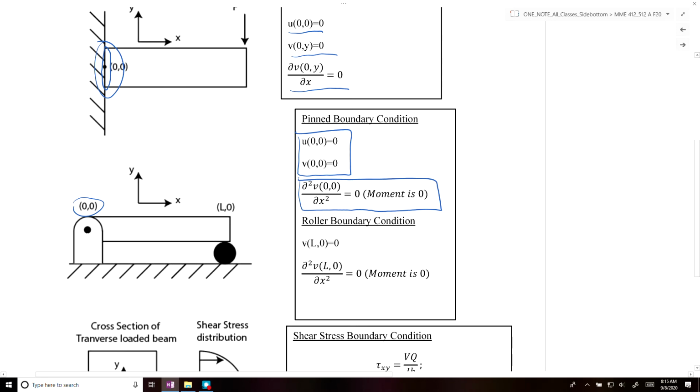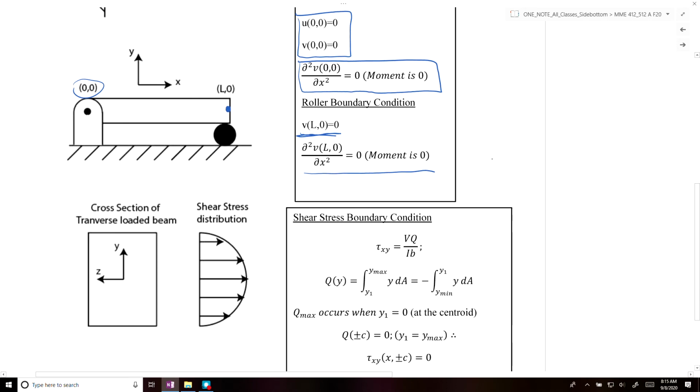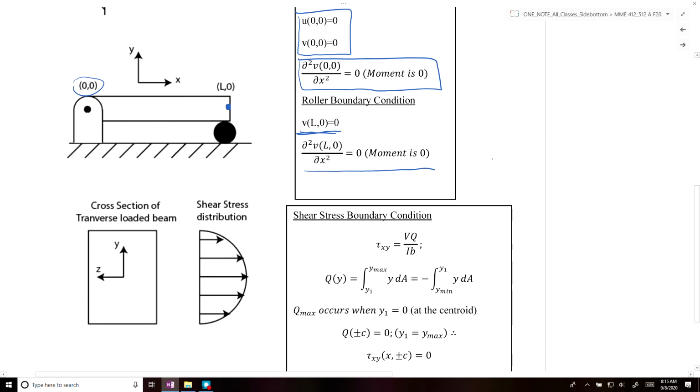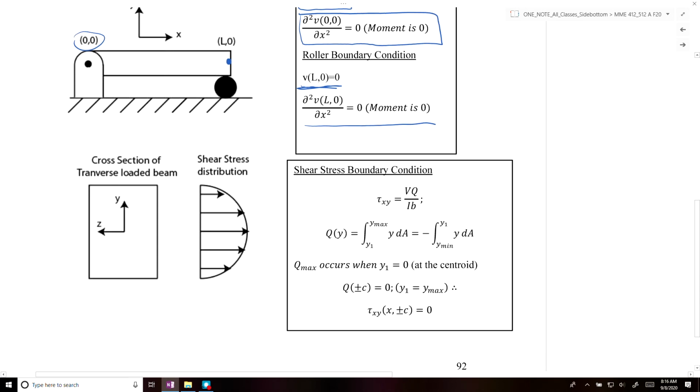For a roller condition, a roller prevents displacement in the y direction, and it also, similar to the pin, can't apply a moment, so the second derivative with respect to x at the location of the pin must be equal to 0 as well. All right. So the last condition that you'll use for transverse loadings involves the equation for shear stress within a